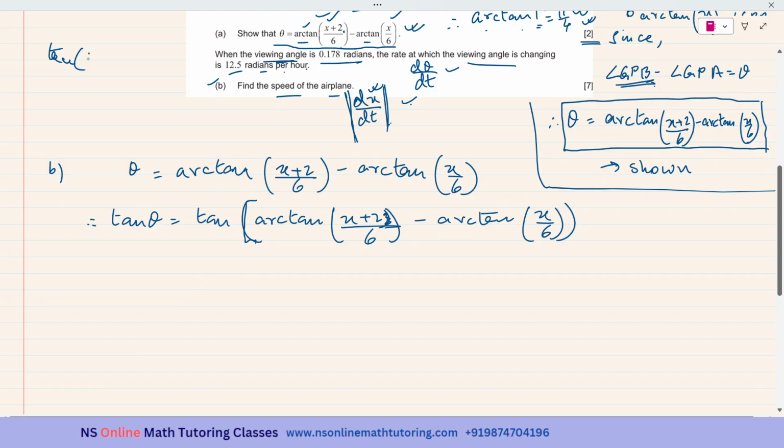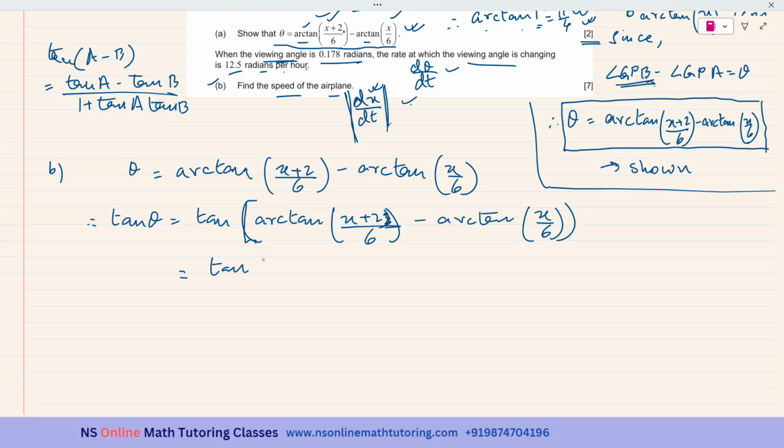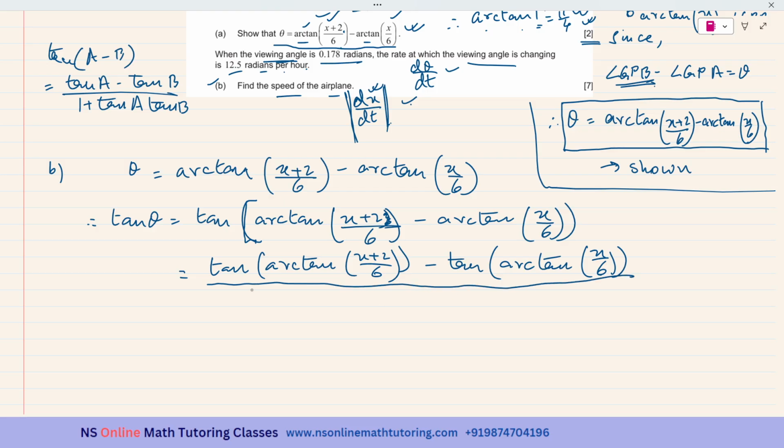It is given in the formula booklet. tan of A minus B is equal to tan A minus tan B over 1 plus tan A tan B. So this is equal to tan of arctan of x plus 2 over 6 minus tan of arctan of x over 6 over 1 plus tan of arctan of x plus 2 over 6 times tan of arctan